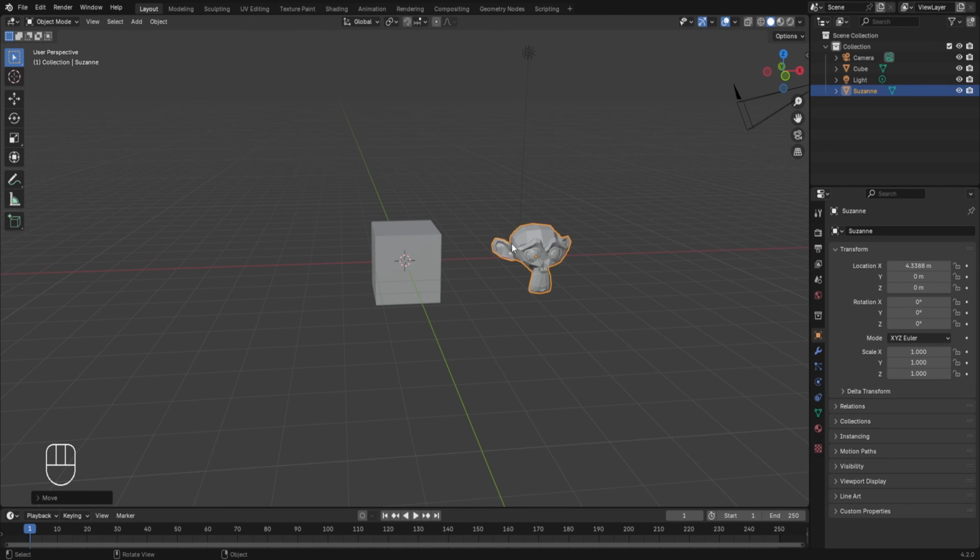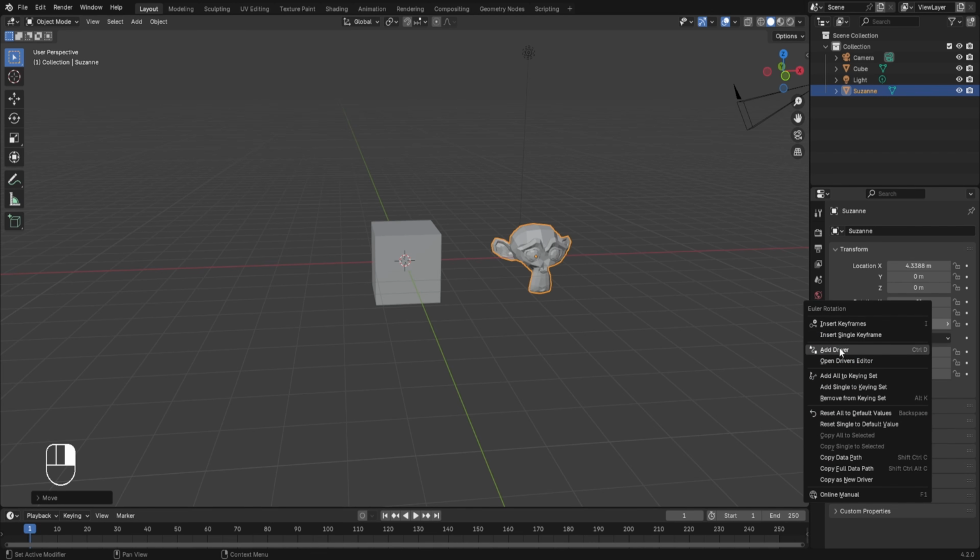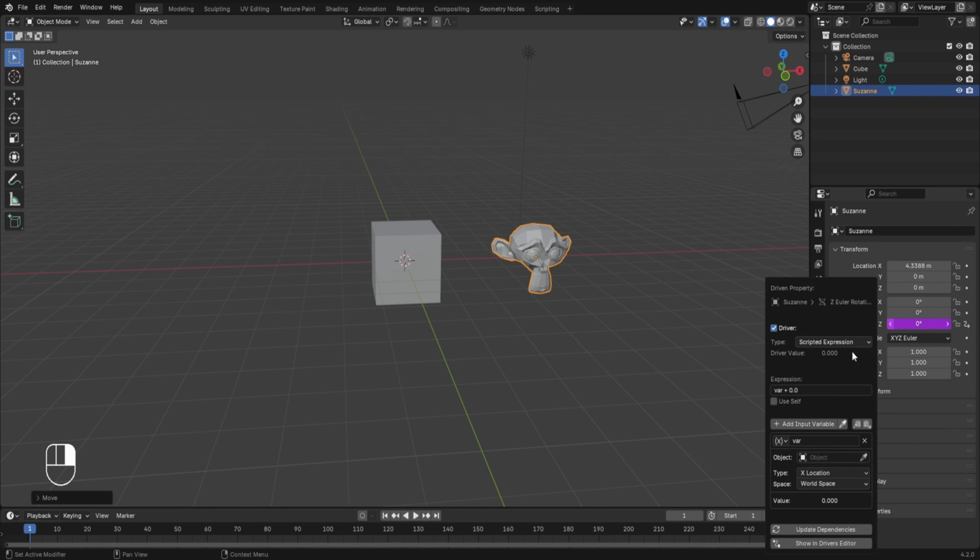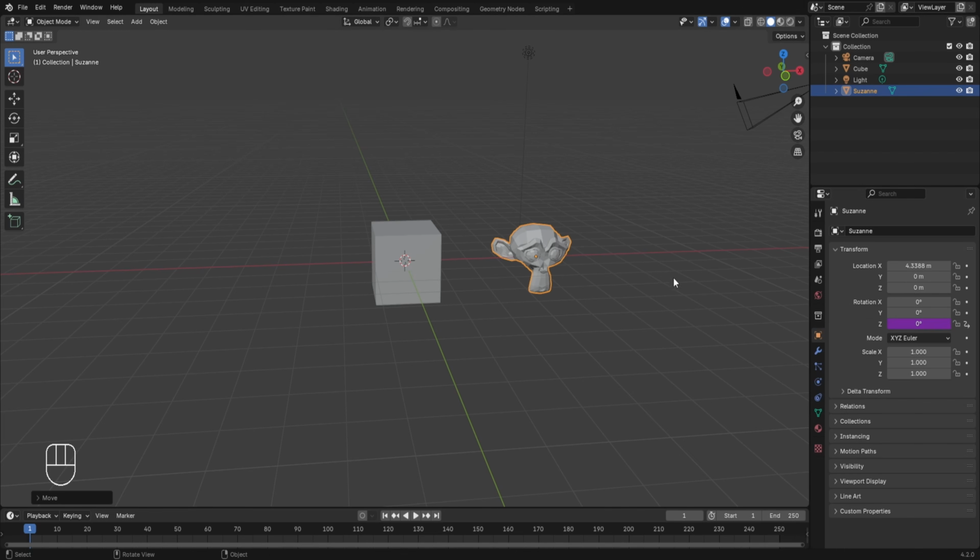So for this, with this monkey object selected, go to the object data properties, and since we need to rotate it in the Z-axis, go to the rotation in the Z, right click, and here you will find an option which is add driver. So I'll select this. Now it shows some settings, but we'll be exploring them later on. I'll take my mouse cursor away, and now you can see here that the rotation parameter in the Z axis is now turned purple,